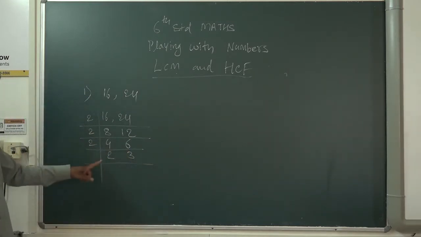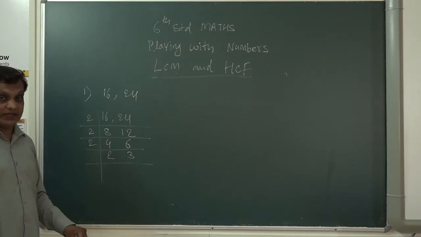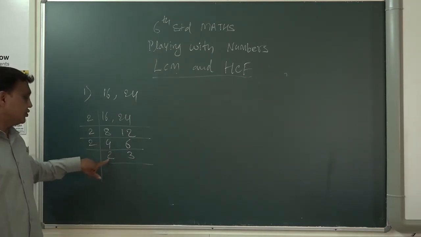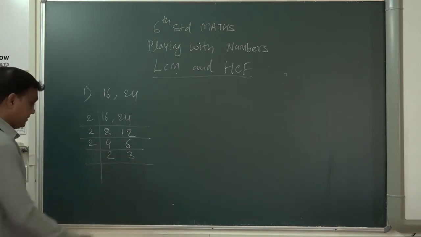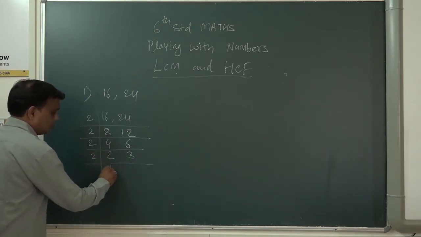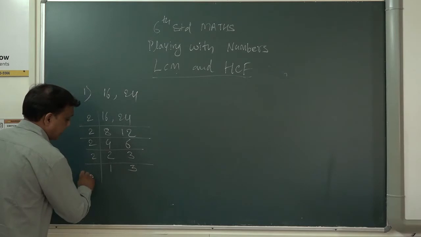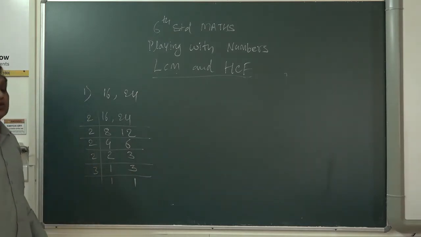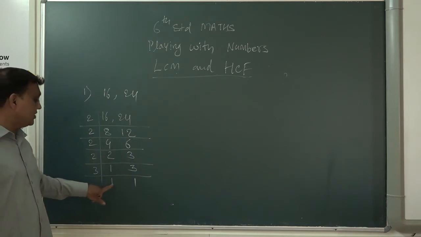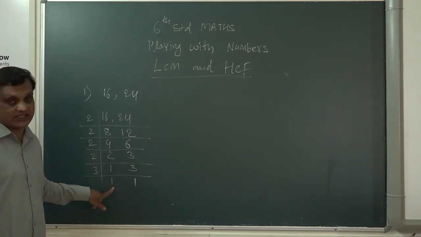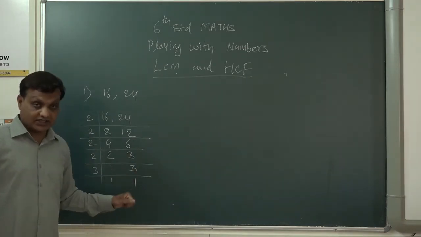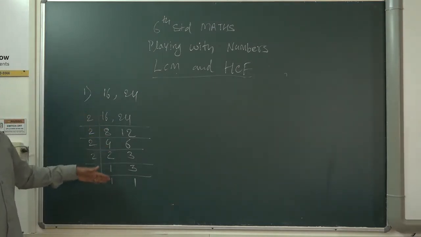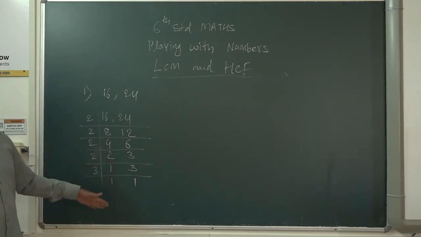Now here 2 and 3 will not come in the same table. So for the LCM you can take them with a separate division sign. First you go with the 2 and afterwards you go with the 3. 2 1s are 2. 3 is not coming in the 2 table, so 3 as it is, and 3 1s are 3. For the LCM you have to solve until you get 1 at the end. One by one see in which table it comes, and slowly proceed with this method.